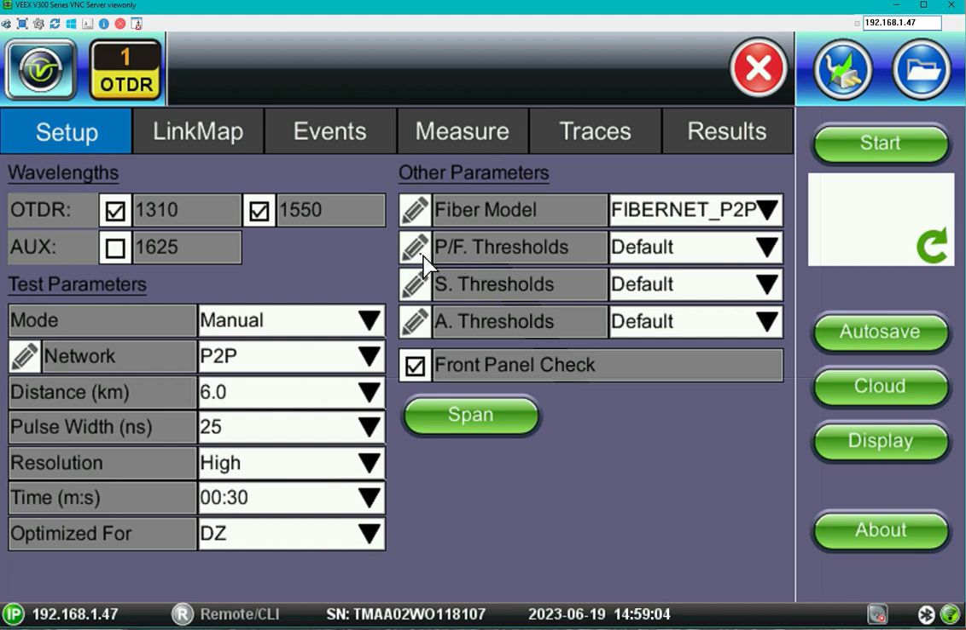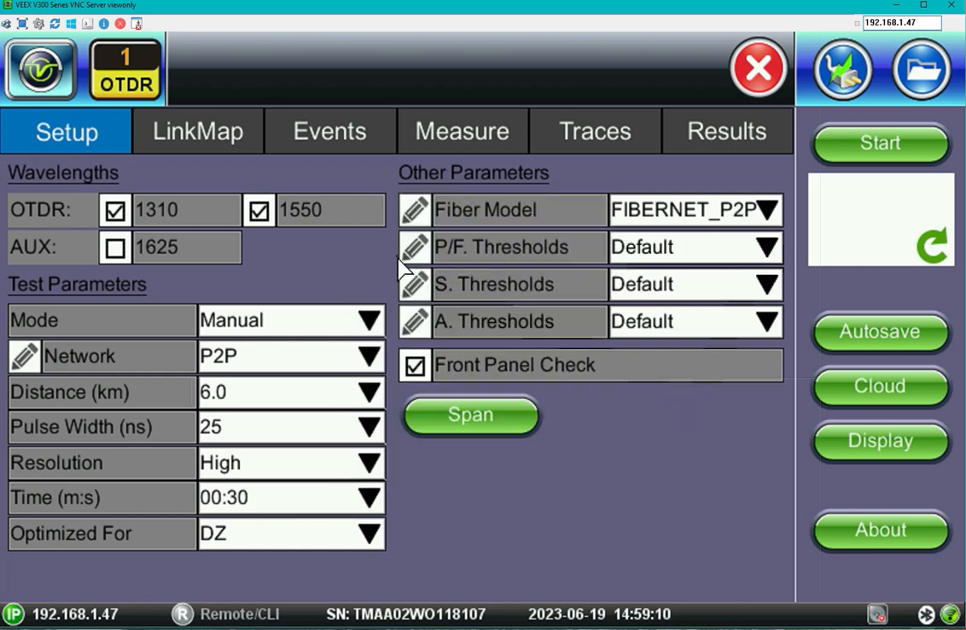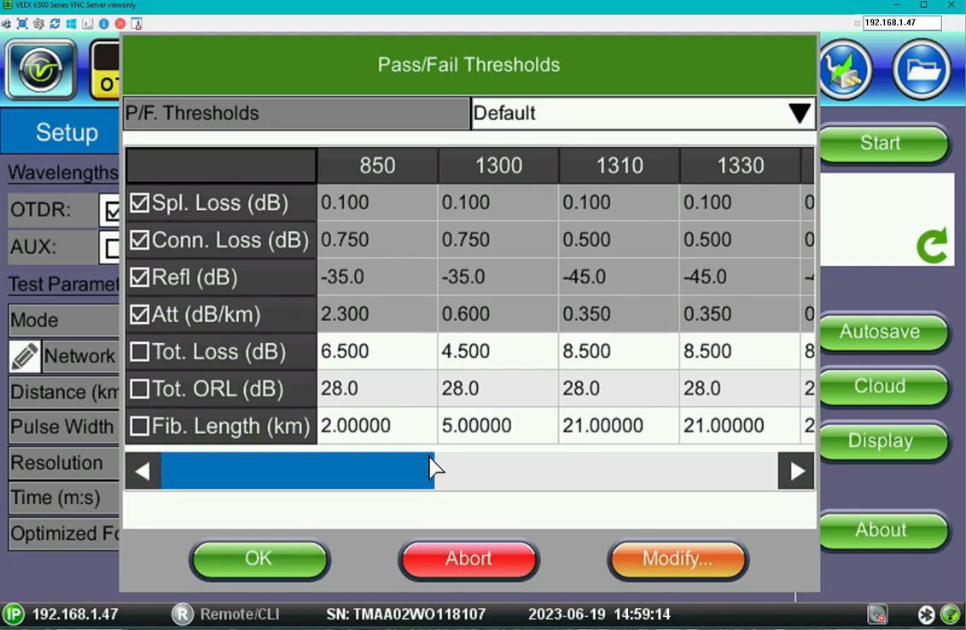PNF thresholds, the pass and fail thresholds. If you got your own profile, it will be here. If you want to customize one, just go to the pencil icon and you will be able to see the different pass and fail thresholds for the different wavelength for the different events. So let's say, for example, this one,